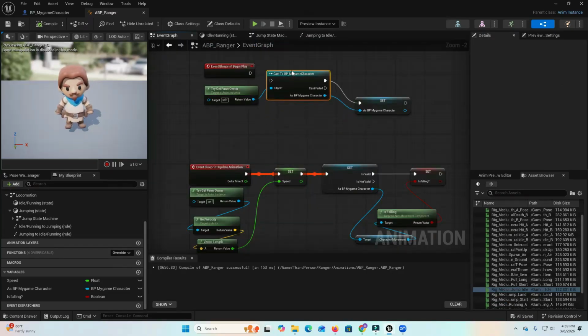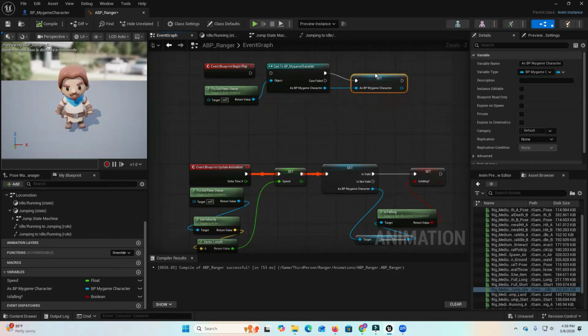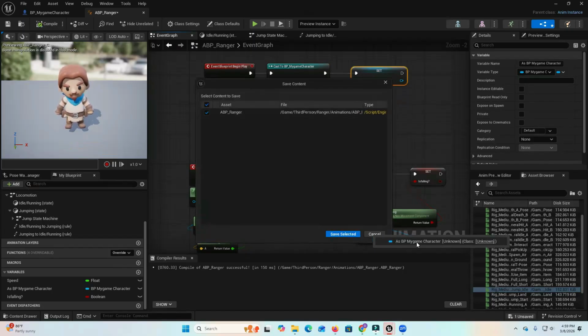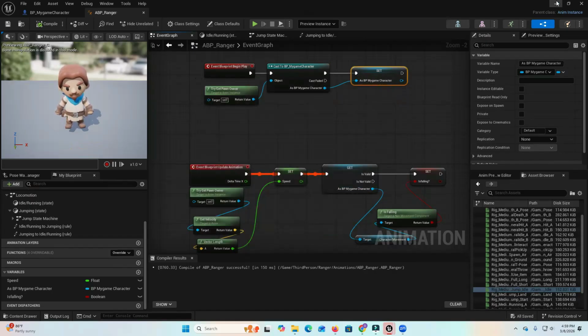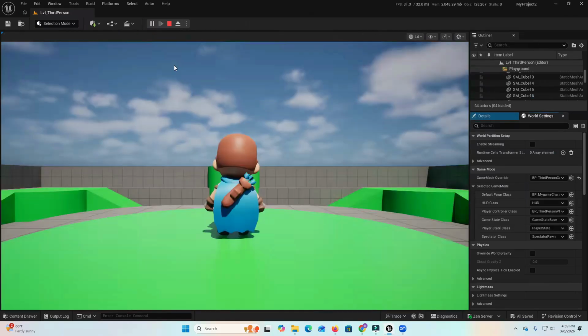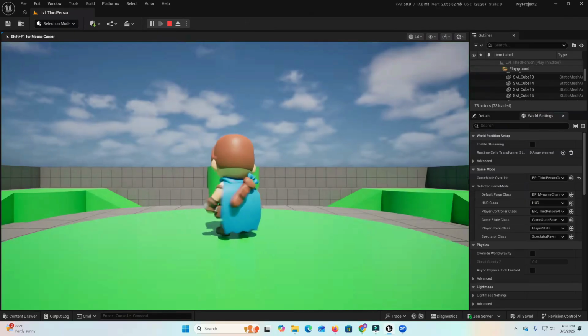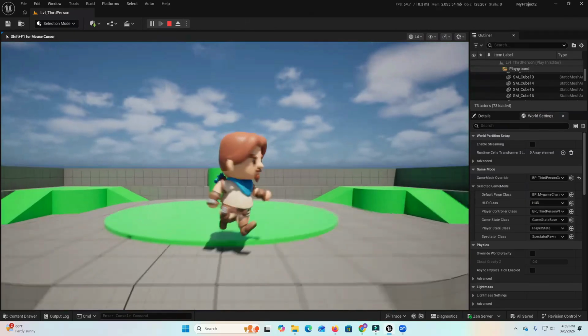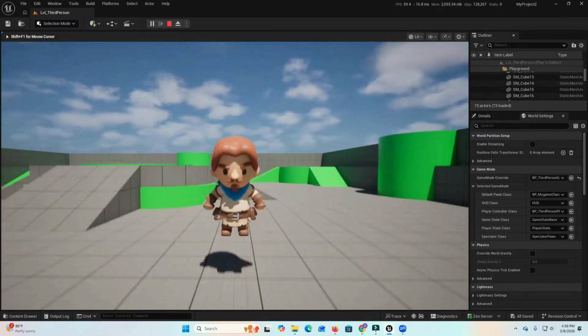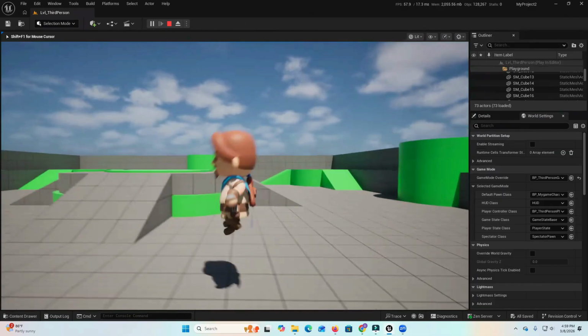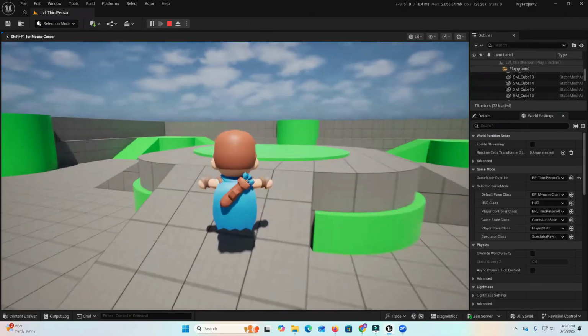Let's go here. Compile, save, minimize, press play. Alright, it's working. It's working, but